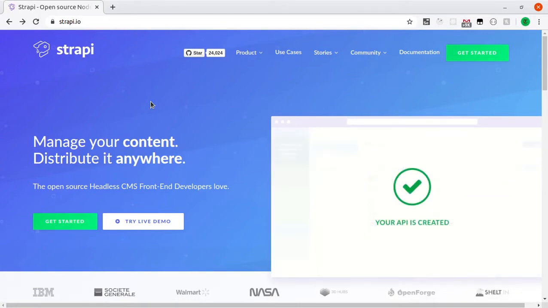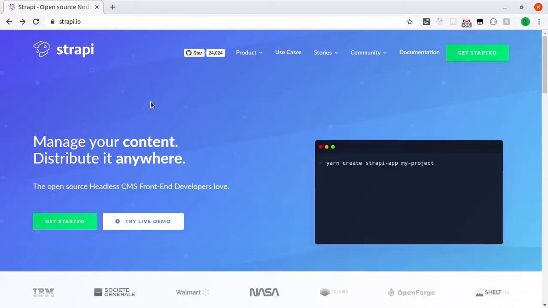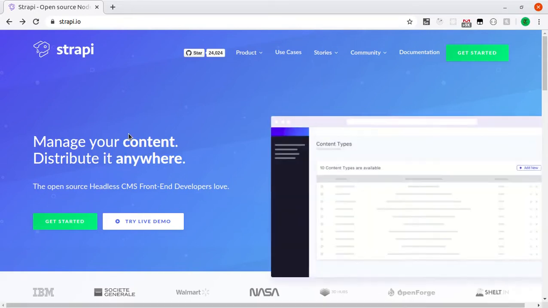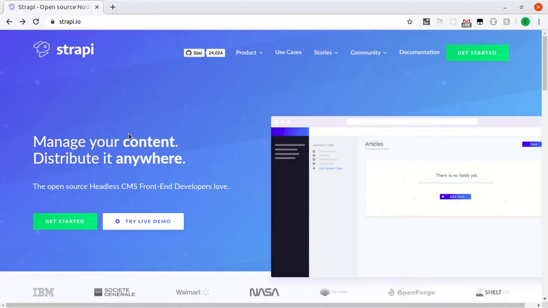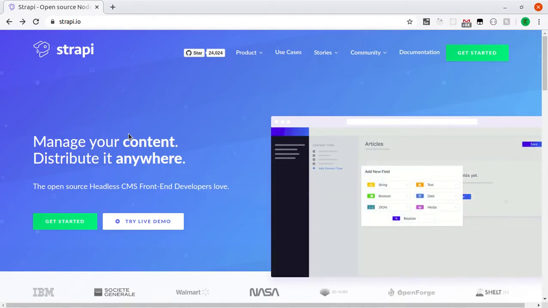If you want to build it with React or Vue or whatever framework, because all it does is serve JSON data. So we are going to create a REST API with products, categories, and also implement users and authentication system. I'm just going to show you around the admin area a little bit, and then we will also jump in the code and I will show you how you can override and customize things as well.